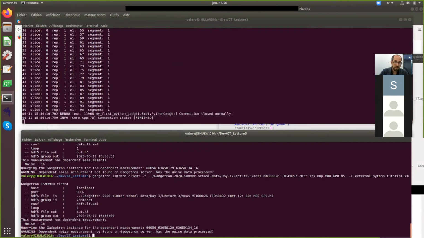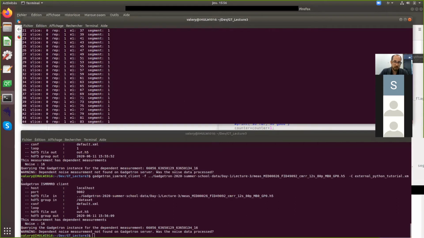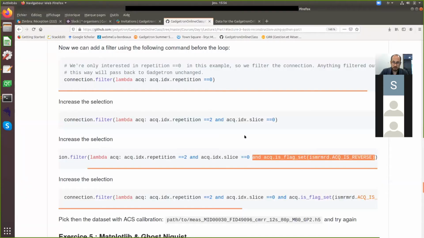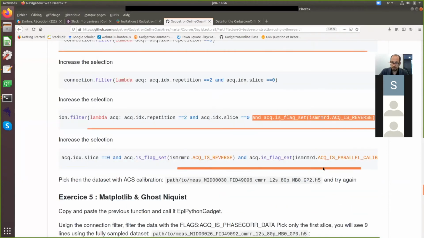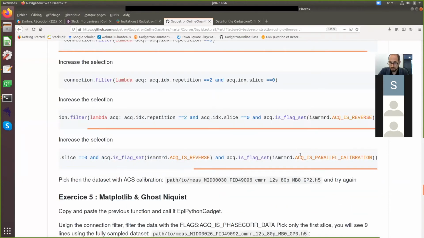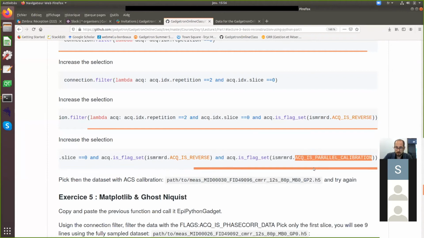And you can see now all the segments are set to 1. As an exercise, you can use the flag ASEQ with parallel calibration. When you have undersampling, there is some ACS required at the beginning of the acquisition. If you use this data set, you will get nothing because this is fully sampled. But if you use the second data set with GRAPPA 2 acceleration, you will see 24 readouts coming for each acquisition